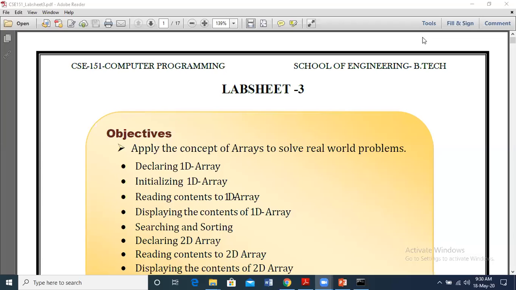So, in today's class, we will first start with the strings concept basics, and then we will continue further with string manipulation functions. In the previous class, we just discussed the question paper and midterm related sets. Here I have displayed lab sheet 3, which is the entire module 3.